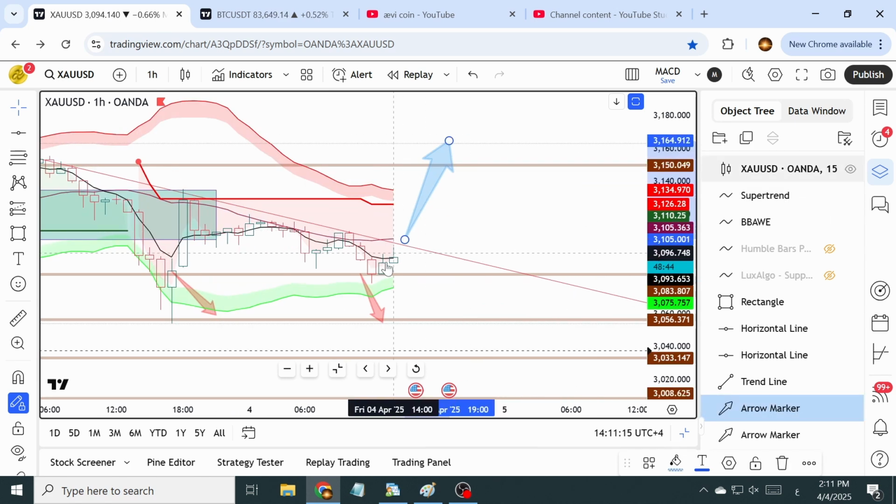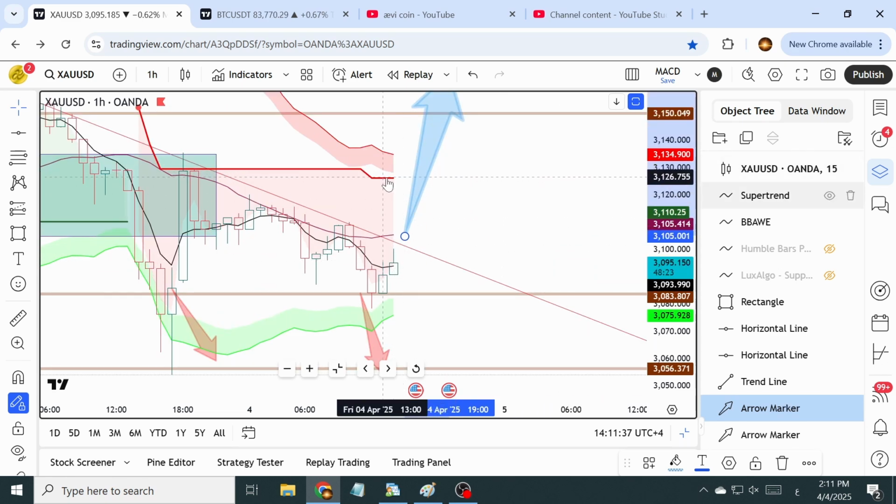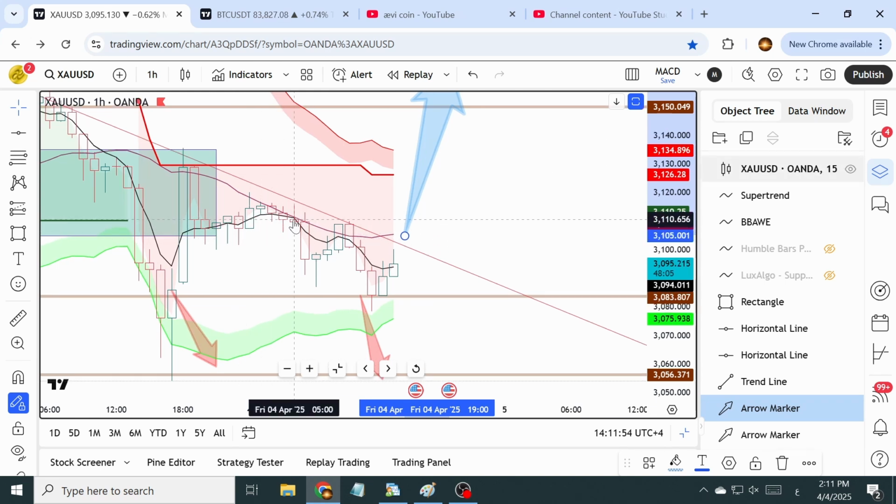Any attempt to close the 1 hour candle above the 20 EMA and a crossover of the 20 EMA and the 5 EMA can drive the price to the upper level, and we could see the bulls trying to take the super trend of the 1 hour time frame. As you see, the crossover attempt failed in the morning and this afternoon, so we could see the price go further down